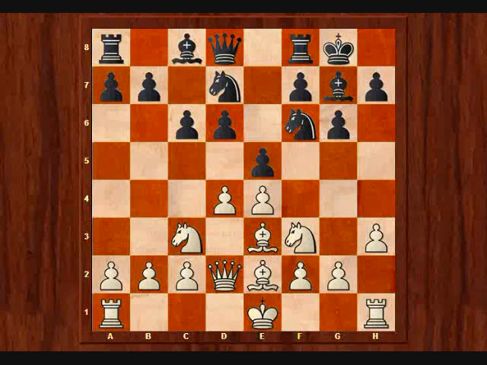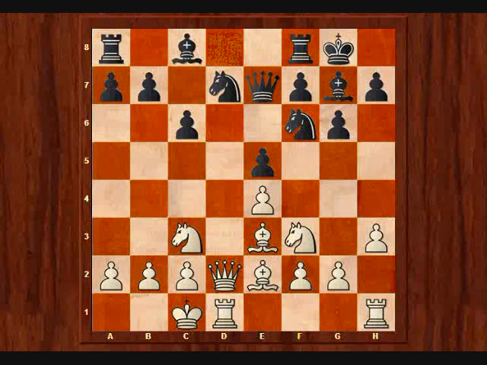White goes ahead and takes off the e-pawn, and black recaptures with his d-pawn, and now white castles queenside, and black moves his queen up to e7. Now white plays his h-pawn up to h4,